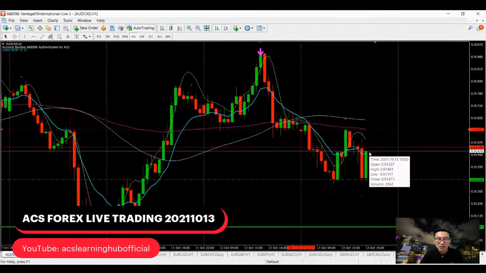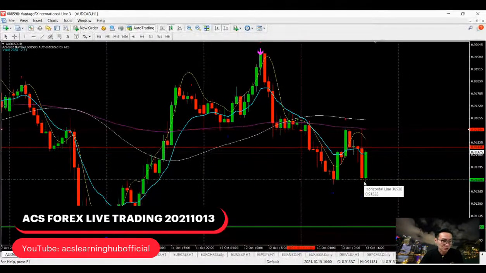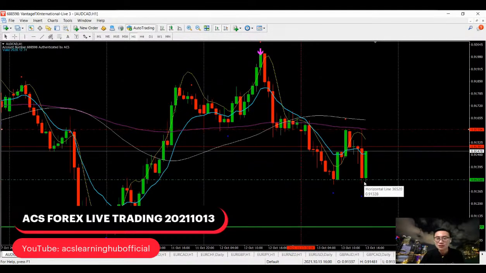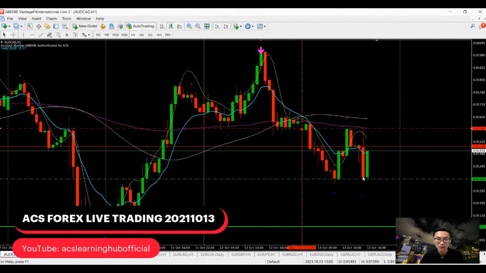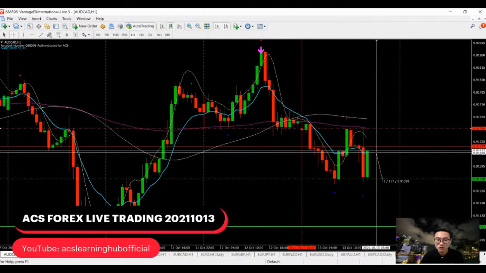So in this case, if I want to short further down to break the support, do you think it's appropriate? Definitely it's not. This is definitely not for us to short. It's no longer for us to do any selling anymore. So we have to pay attention to the next hour. Probably in the next hour we form a new resistance. Then we measure out how many pips to go before it comes to the support, and how much available space we have to take a profit within the support level.